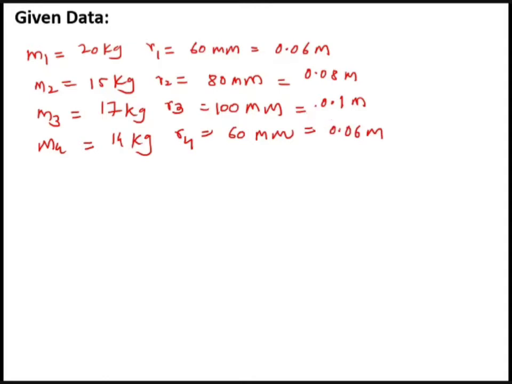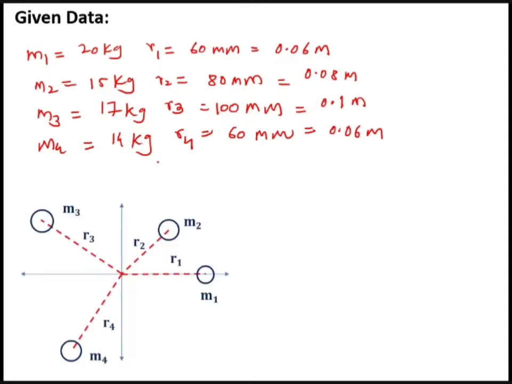Next, they have given the theta. Now let us say that this is the space diagram. We will draw the space diagram in the next slide, but just for your understanding I have taken the space diagram in this particular slide. So we will assume this point as O and let us assume this point mass M1 horizontal. As I said, we are assuming mass M1 is horizontal. So what is the theta? Theta 1 is equal to 0 degree.